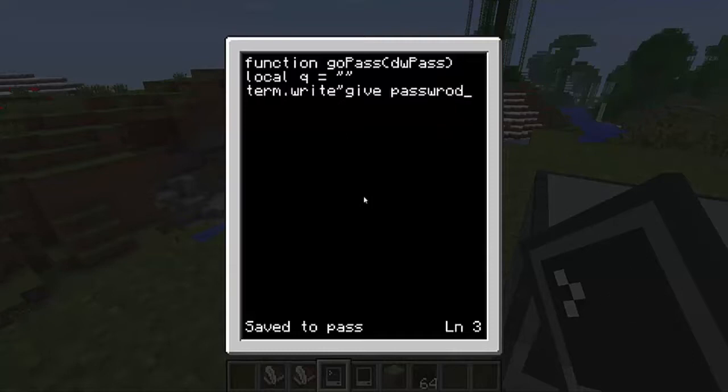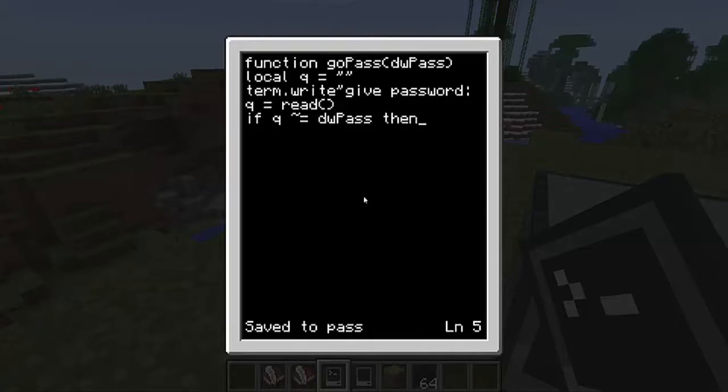And why am I spelling everything wrong today. Password, and then save. And then q equals read(). Then if q not equals dw pass, and